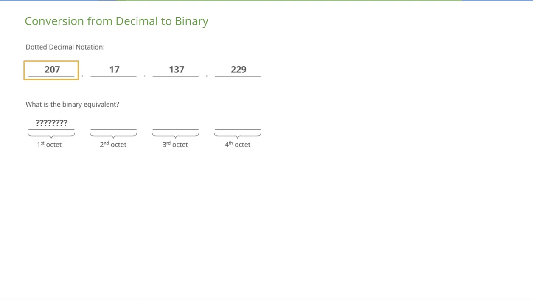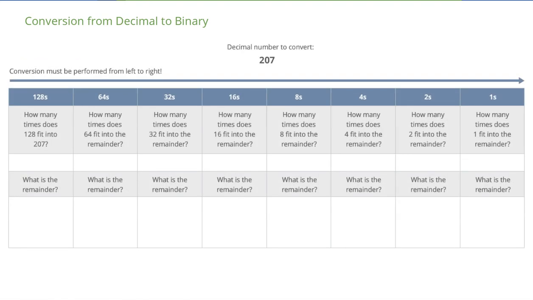Now that you know how to convert an 8-bit binary number into its decimal equivalent, let's reverse the process and convert a decimal number to an 8-bit binary number. In this example, we will convert the IP address 207.17.137.229. To convert from decimal to binary, starting from the leftmost digit, check whether that power of 2 position fits